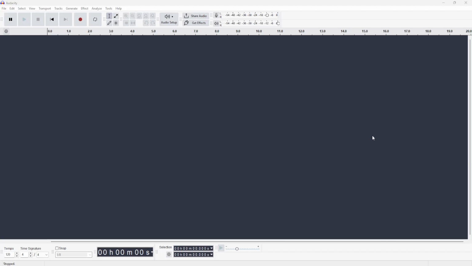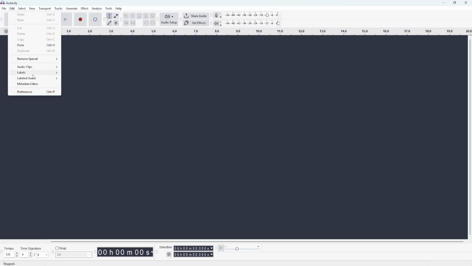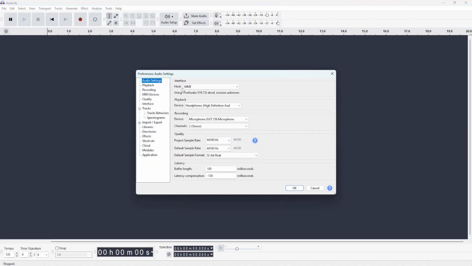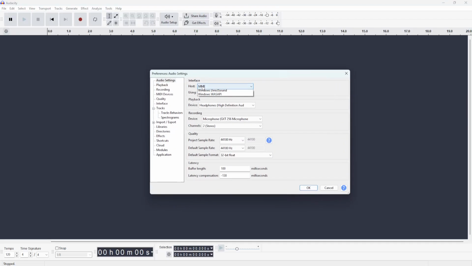How to record desktop audio with Audacity. Here's what you want to do. First, you will load up Audacity. Then you want to click on Edit. Go to Preferences. Right here, you want to find Interface Host, and you will change this to Windows